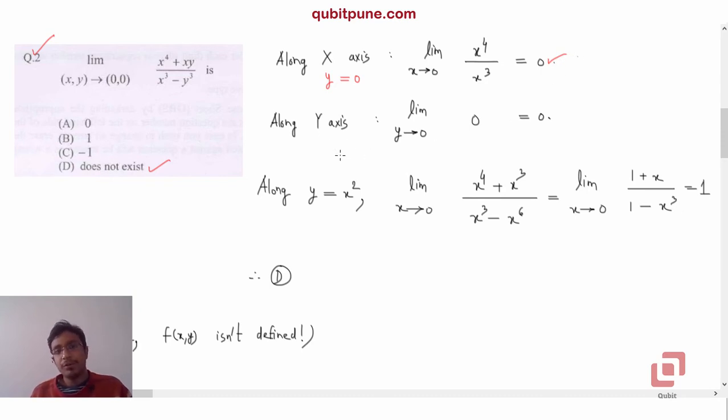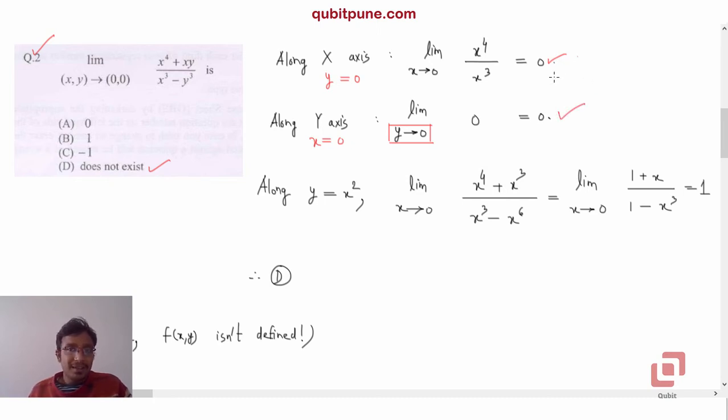Now if I choose a vertical path, which is the y-axis or x equal to 0, then in the numerator we will get 0 forever. No matter how close to 0 we are or where we are, it is always going to be 0. And in the denominator is negative of y cube, correct, because of x being 0. So no matter what the value of y is, remember y is not equal to 0, y is tending to 0, it is always 0 because of the numerator, so this is also 0.